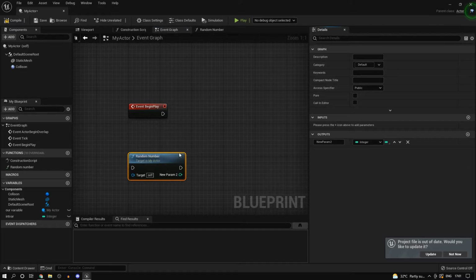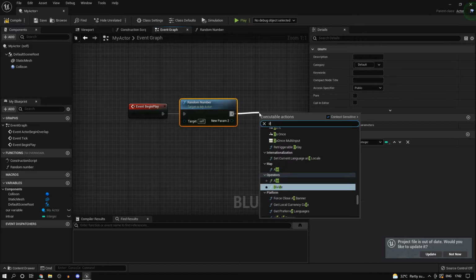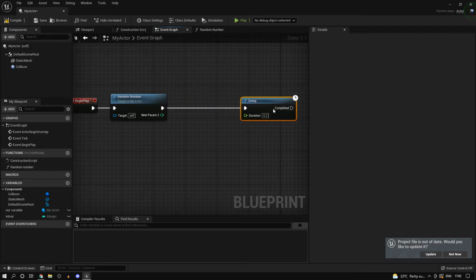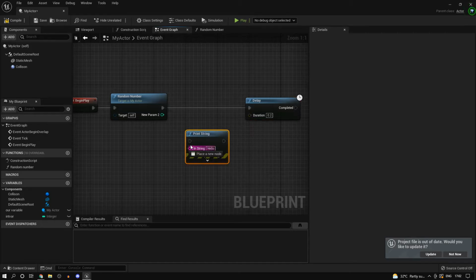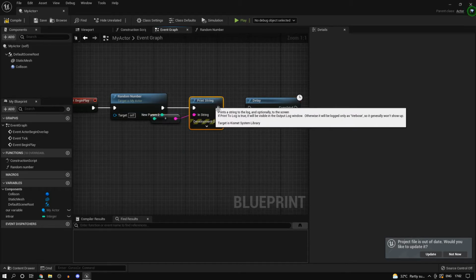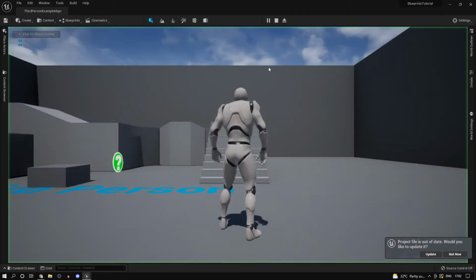Let me make this a normal function first, and what I can do is I can add a delay over here. First of all, let me print that. So I print this out, and after a delay, I will print this out once again. And now this should work as expected.